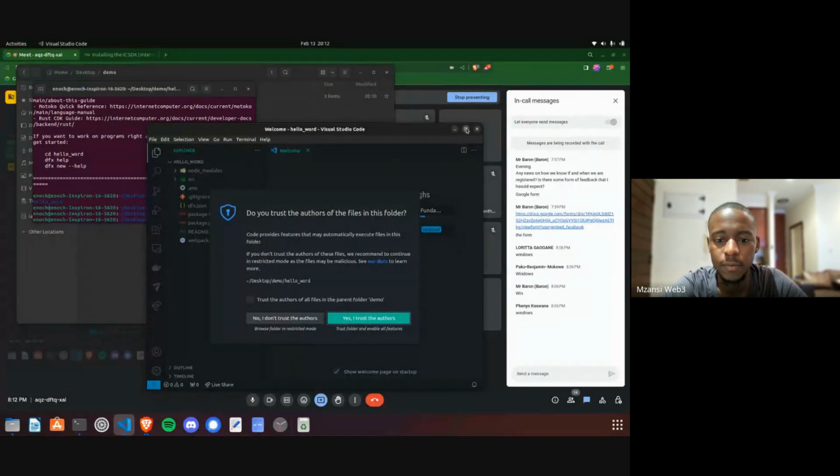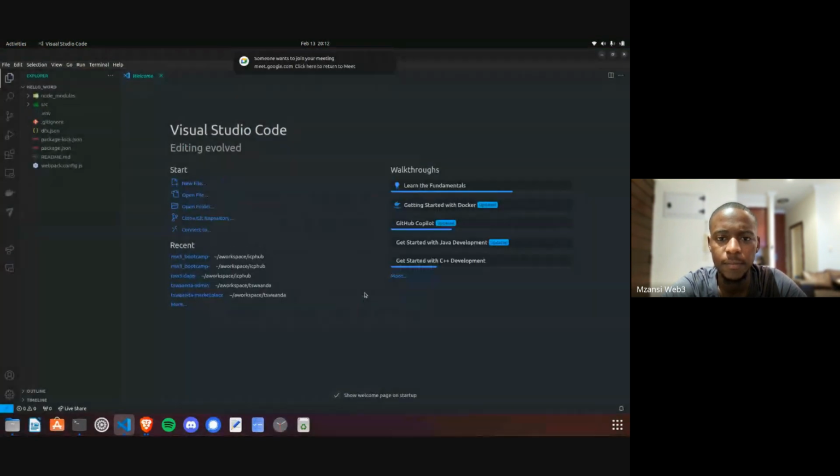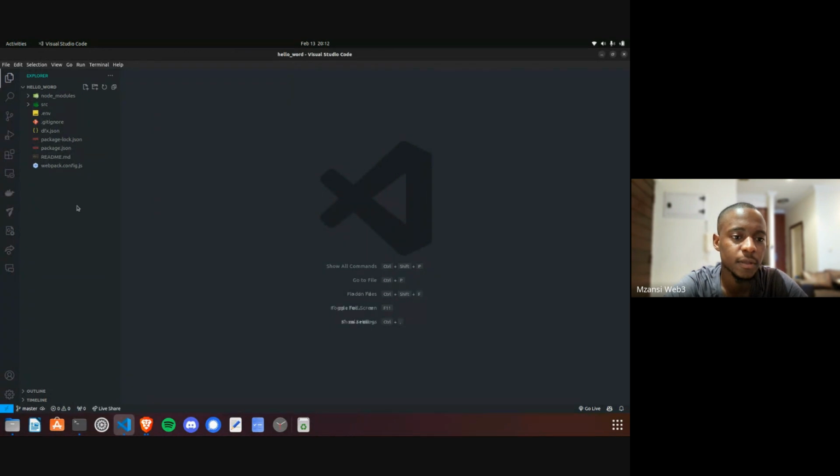So here we are. Okay, so this is our project. We have the node modules, as you are seeing, like it was installing some packages after creating the project here. And then we have the source